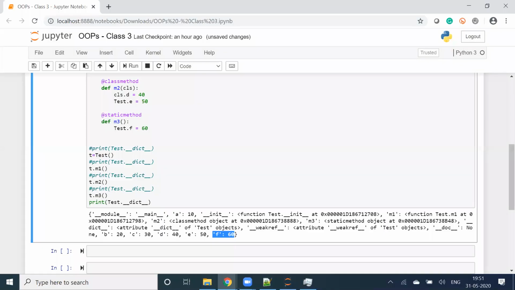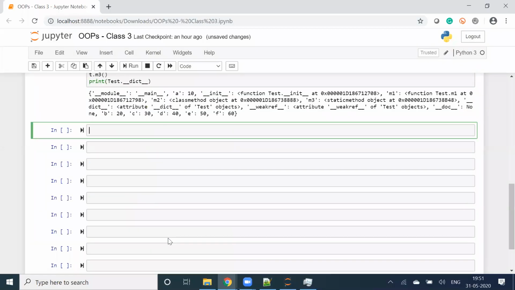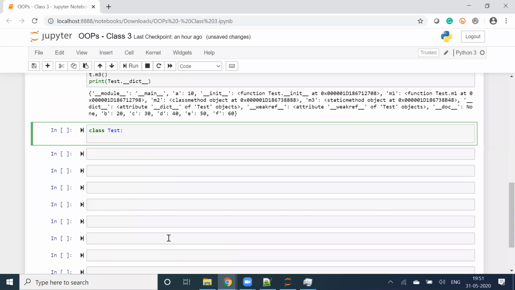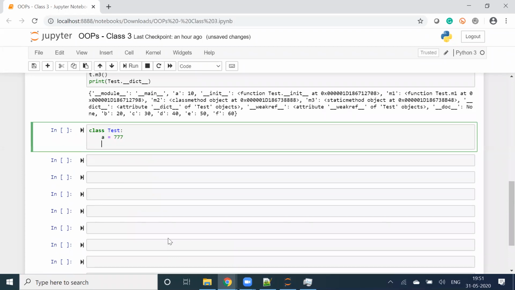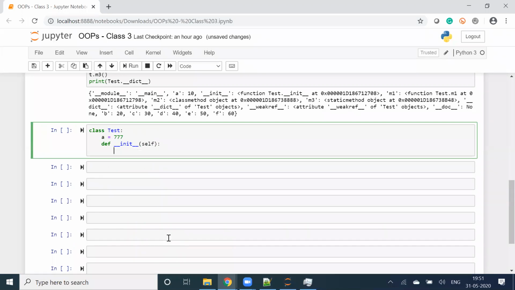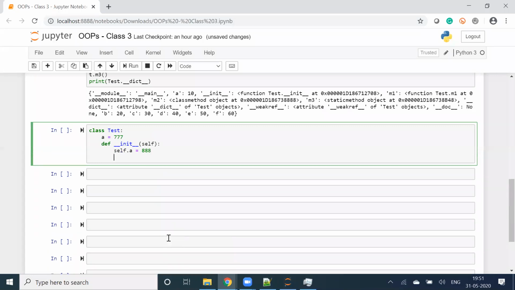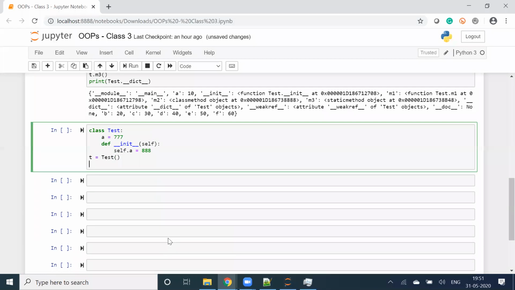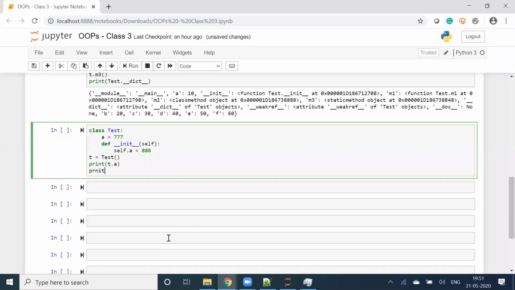Example. Now I'm writing class is equal to test. A is equal to 777. def init self, self dot a is equal to 888. t is equal to test, print t dot a, print test dot a.